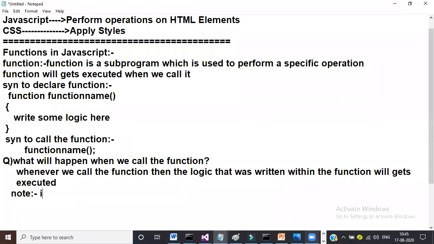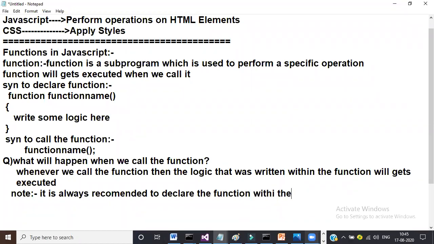Write one note here. It is always recommended to declare the function within the head tag, within the head means inside script only. Okay, now don't confuse.